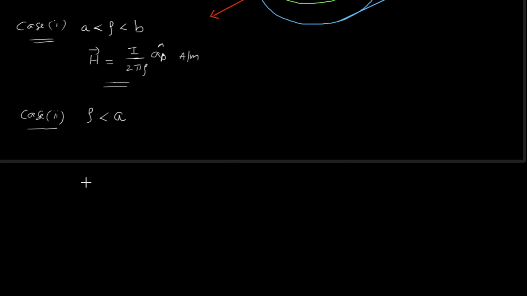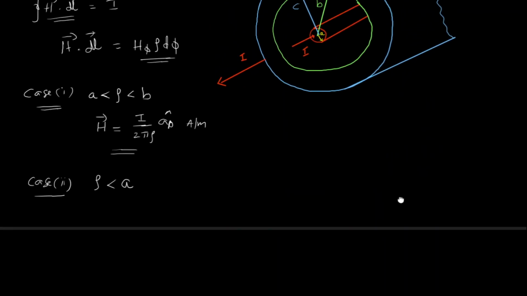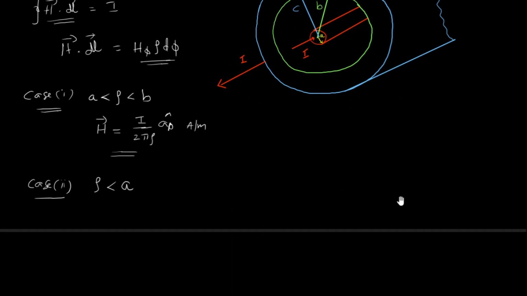Is it not interesting? Of course it is interesting. So how am I going to calculate it? Now that means in this figure I am going to enclose some portion of the current. So you should remember the 3 points which I told you while stating the Ampere circuital law. Ampere circuital law is only applicable in some cases, right? So here I am going to consider a closed path inside.